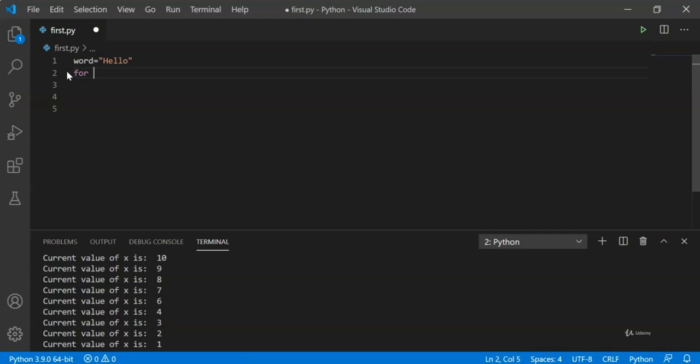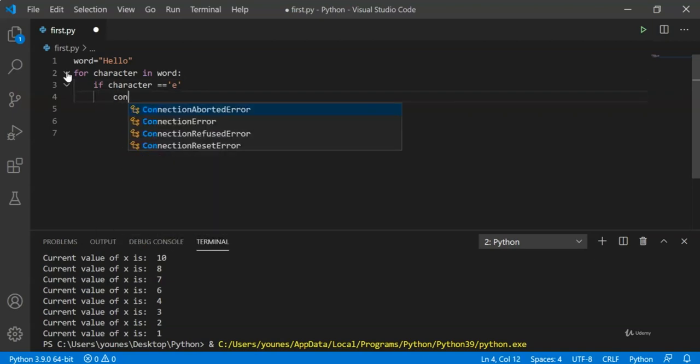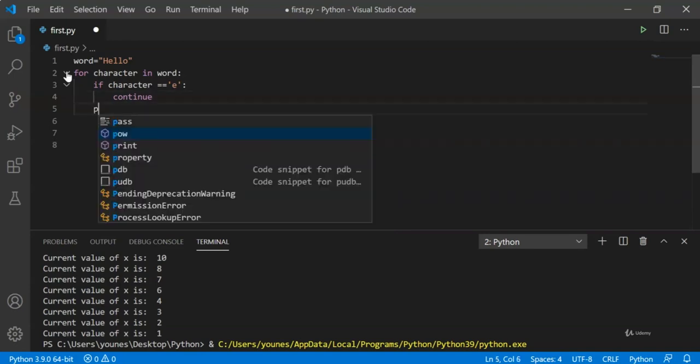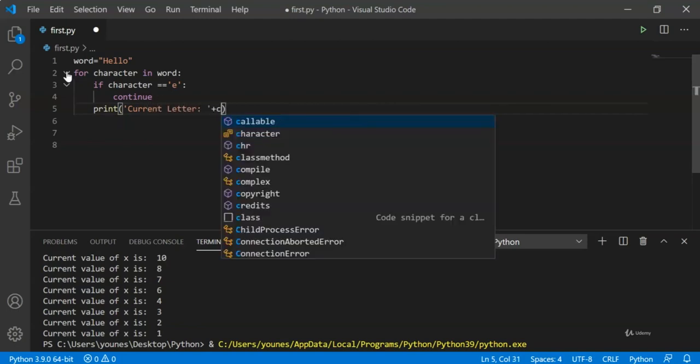So for character in word, we're going to check if this character or letter is equal to E. We're going to continue, and if this is not the case, we are going to print out the current letter. Plus current,